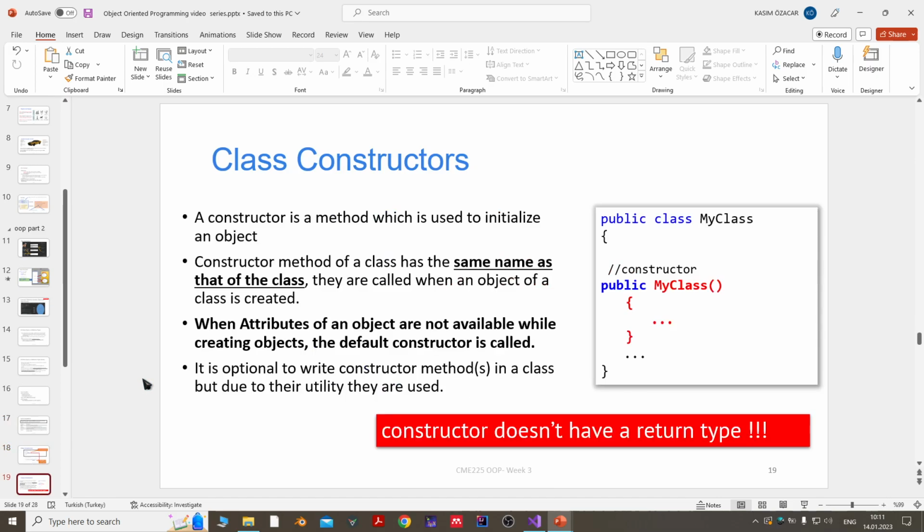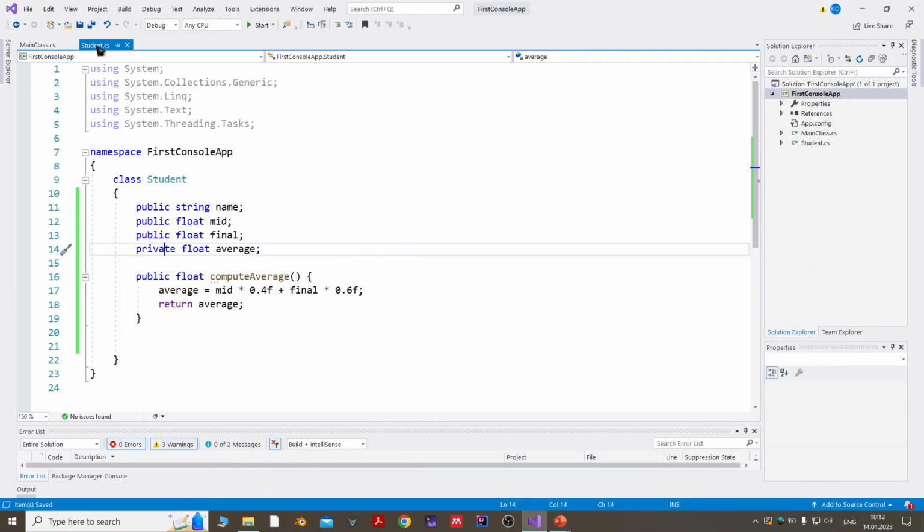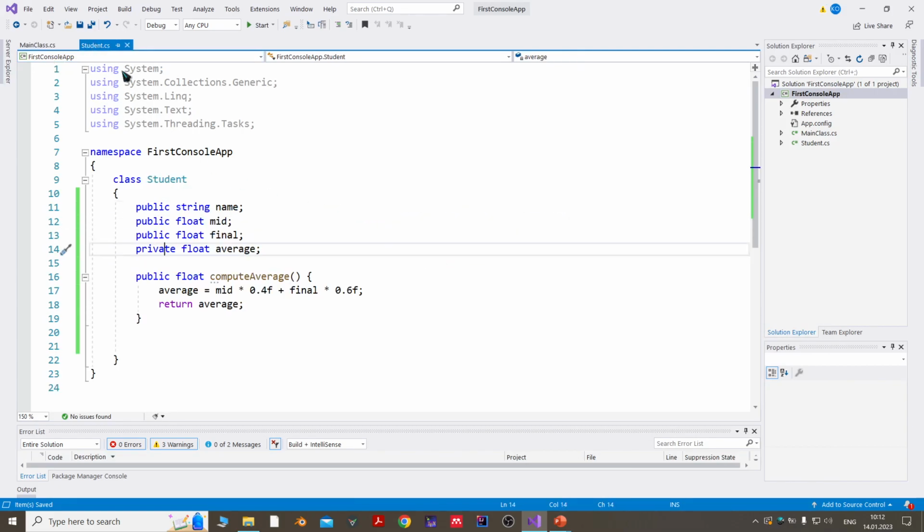A constructor is a method to initialize an object. When you create an object, if you want to set some value, then it's better to use constructors. Let's say for this student, this is one way, by the way. In C#, there's another way. We can have a constructor. For instance, I can say